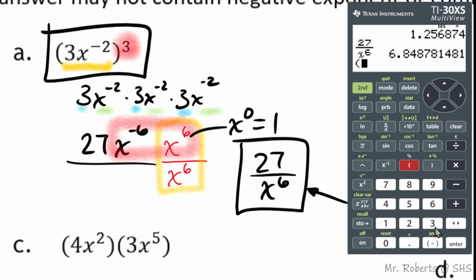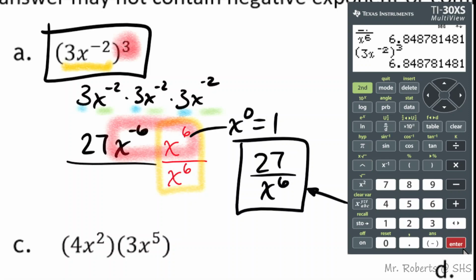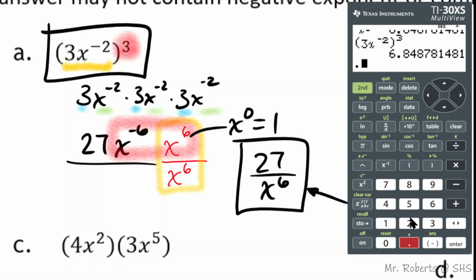Let me type this other one again. 3 times x raised to the negative second power. Close that and then raise that to the third. So you can see it produces in both cases this number, 8 point something. If I want to, I can even store a different value of x. I don't encourage this, but if I was to go